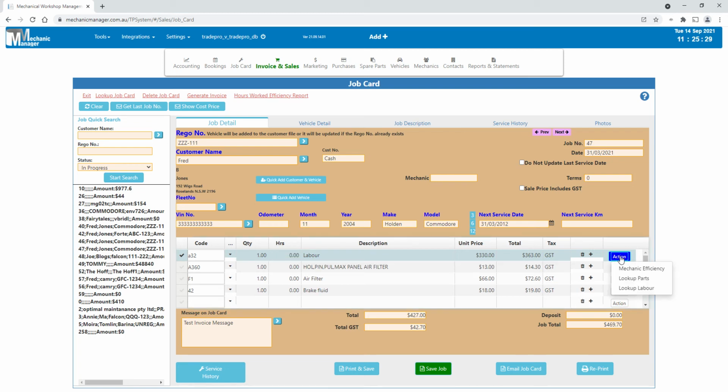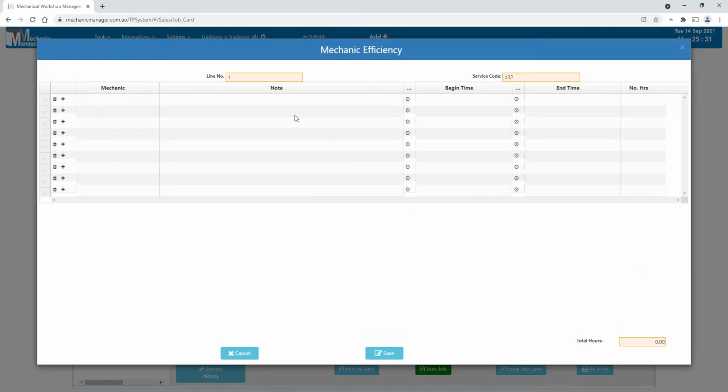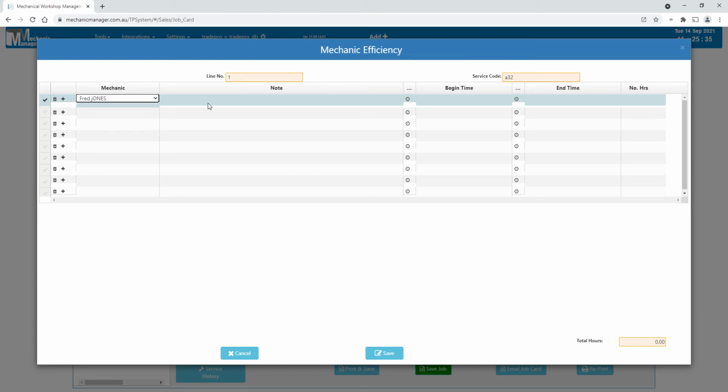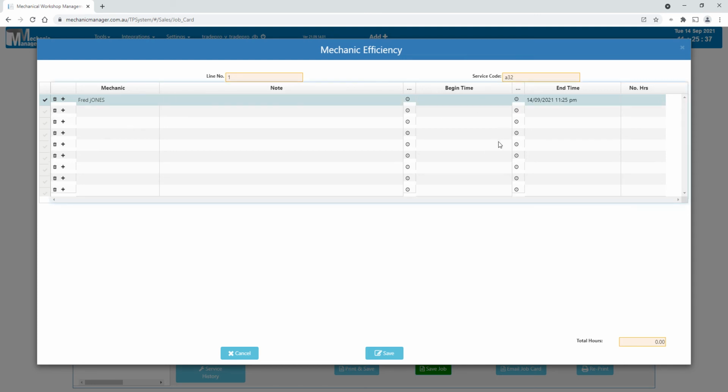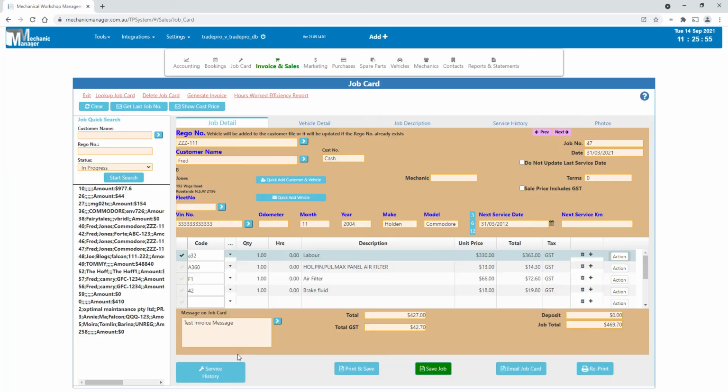So if I click on action and click on mechanic efficiency, I can say this employee, say Fred Jones, is starting to work on it now. When he finishes, he clicks end time, and it works out the number of hours there. Off that, there are reports that you can compare the number of hours worked to the charge out, and it tells you how efficient